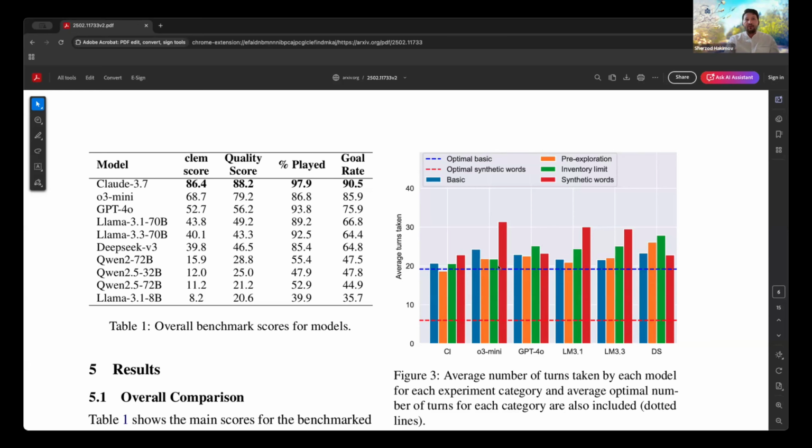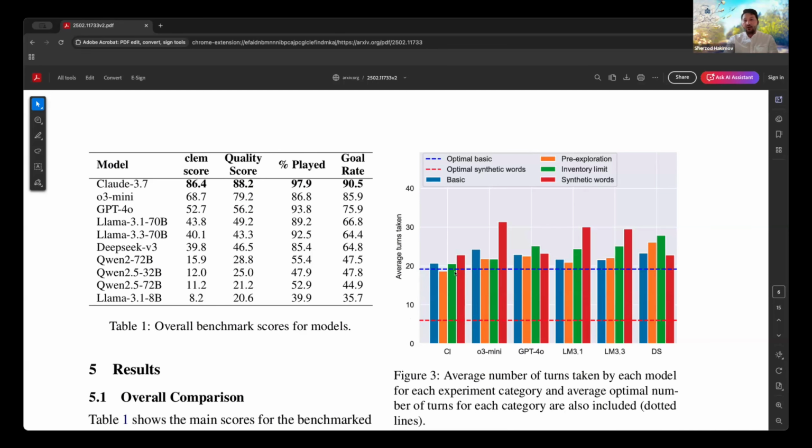And we can see that good performing models are kind of close to the optimal line, but not on the synthetic words. And this is what we actually wanted to see, because obviously in these tasks with English words, the models already know what put, what go, and what pick up mean. But in the task with synthetic words, it obviously takes longer than the optimal value, on average, because they have to infer the meaning of those words by just interacting and incrementally learning the meaning of those words.